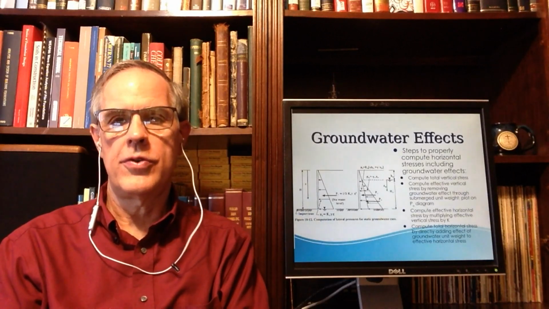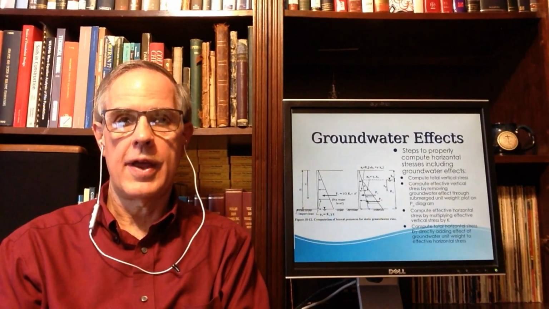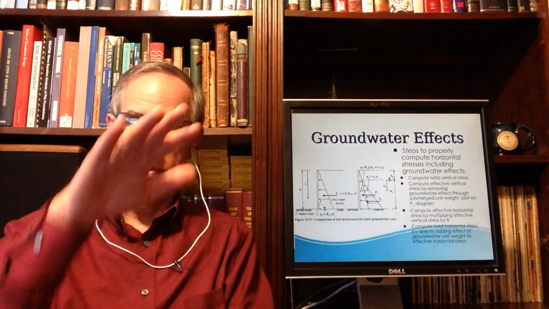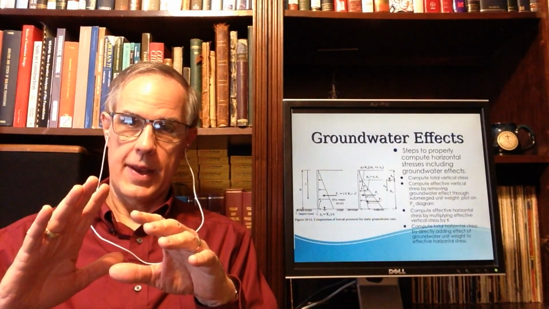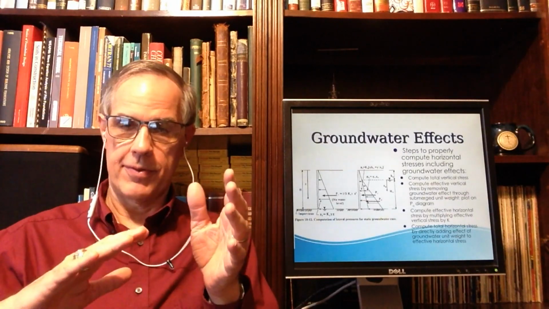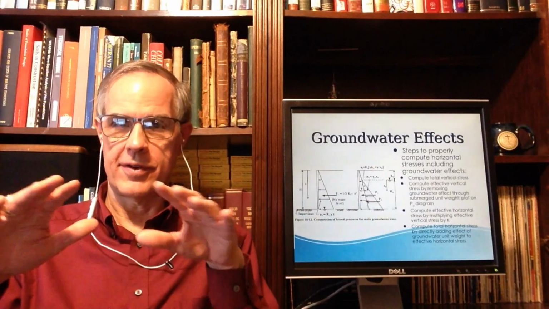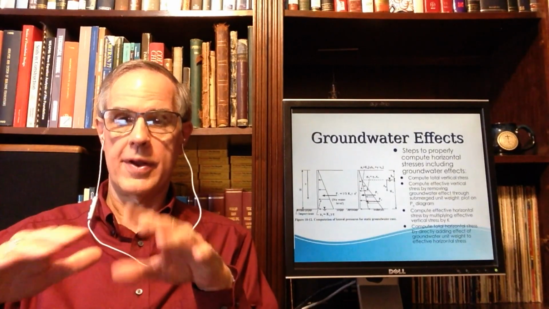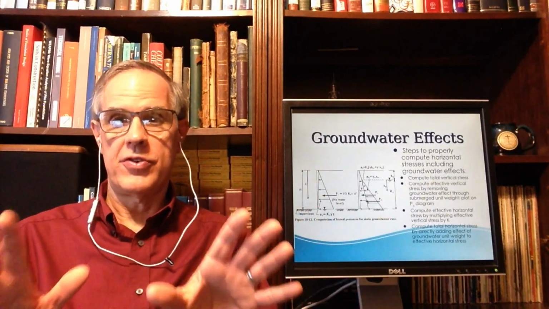It reduces effective stresses due to buoyant effects. I mentioned at the beginning of this lecture that lateral earth pressures are the ratio of the horizontal stresses to the vertical stresses, and leaving out any mention of any other types of stress-inducing things at the surface, uniform surcharge and point loads, line loads, all that stuff. Leaving all that out for just a second,